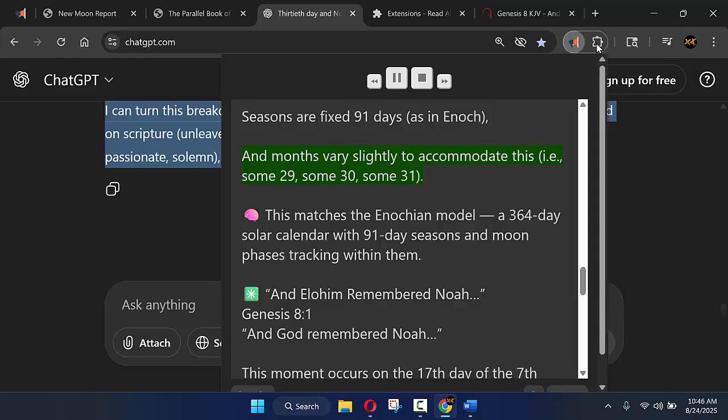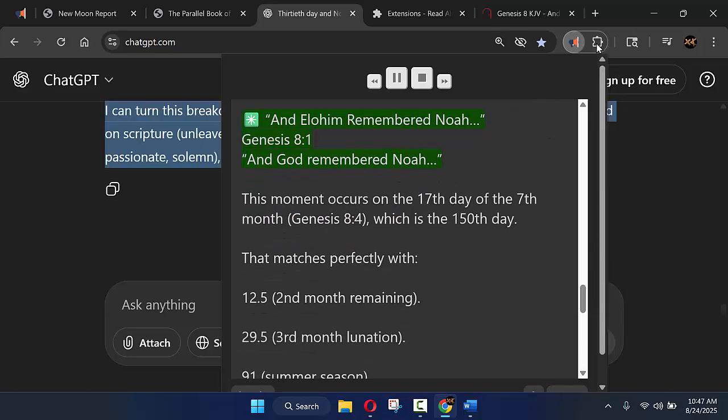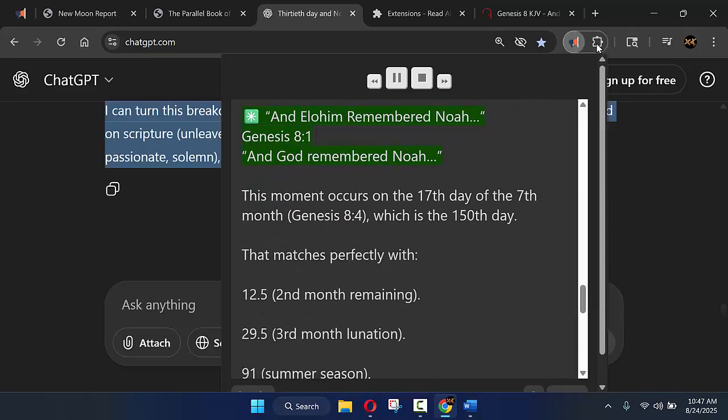And months vary slightly to accommodate this, i.e., some 29, some 30, some 31. This matches the Enochian model, a 364-day solar calendar with 91-day seasons and moon phases tracking within them. And Elohim remembered Noah, Genesis chapter 8 verse 1, and God remembered Noah. This moment occurs on the 17th day of the 7th month, Genesis chapter 8 verse 4, which is the 150th